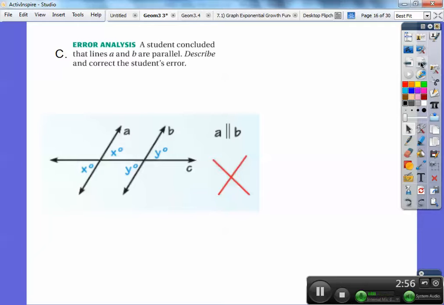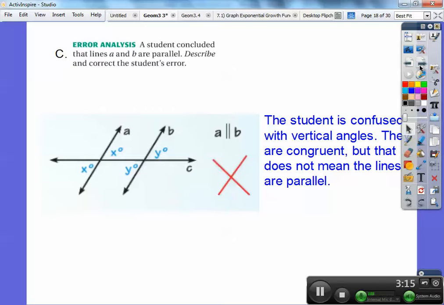Okay, so error analysis. The student concludes that lines A and B are parallel. Well, their mistake is they're thinking that these are vertical angles. Well, these are vertical angles, and vertical angles are congruent to each other, and these vertical angles are congruent to each other, but it doesn't mean the lines are parallel. We would need to show